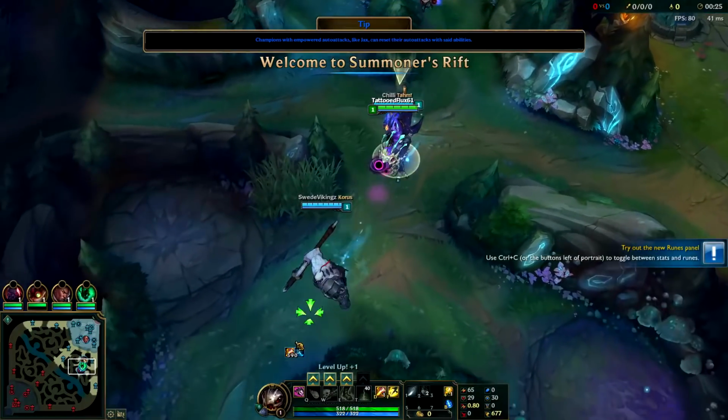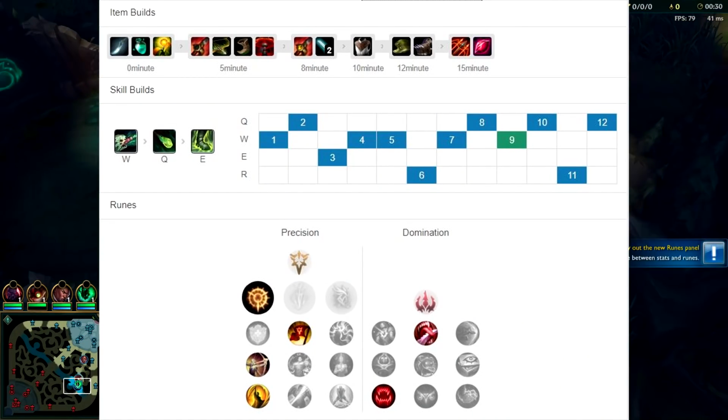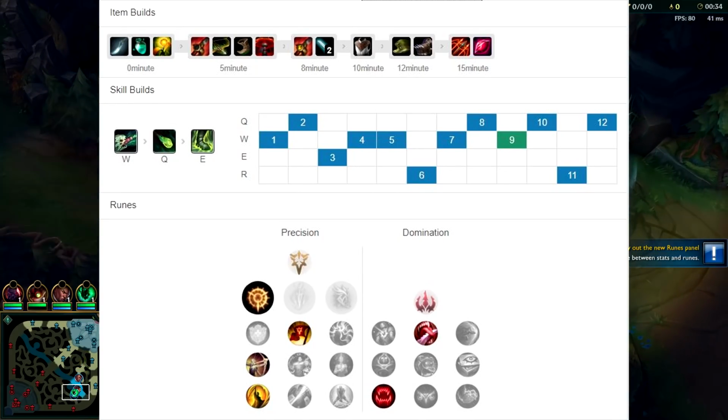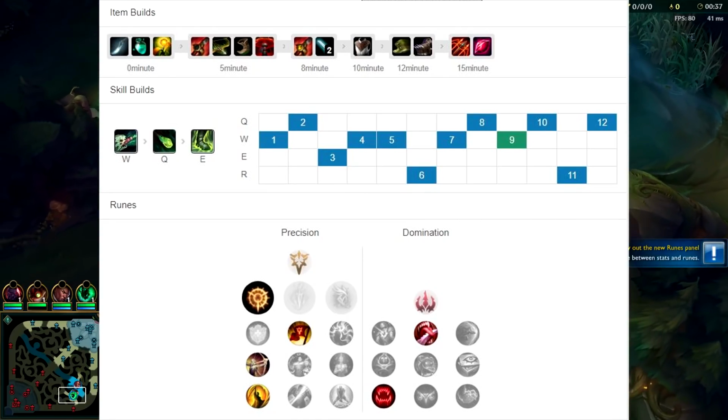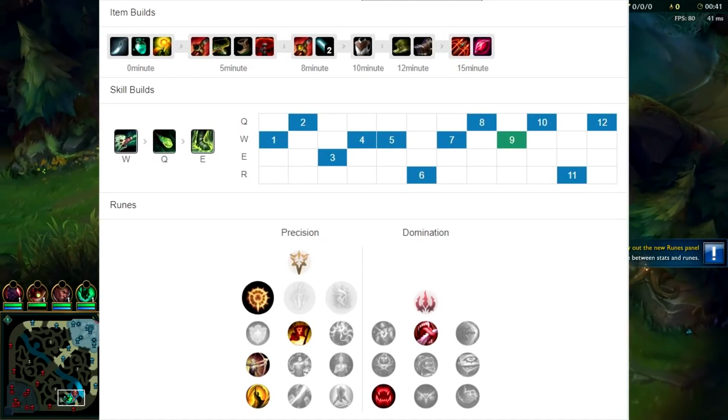I'm going to be playing Kog'Maw in the jungle. Now, I know a lot of you are probably thinking, oh, that's a troll pick, why would you do that? And the reality is it's actually really strong. It's really not that hard to play either. If you've ever played Twitch jungle, it's going to be a very quick pickup. Ezreal jungle is a little bit different, but if you have played Twitch jungle before, this is going to be